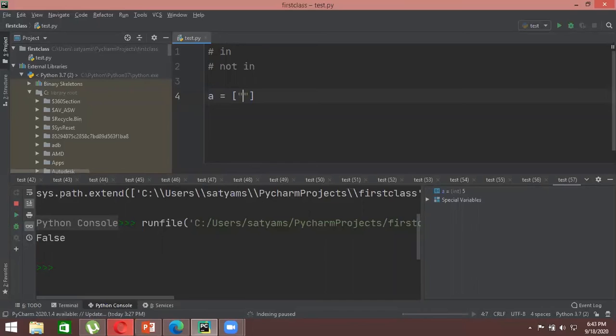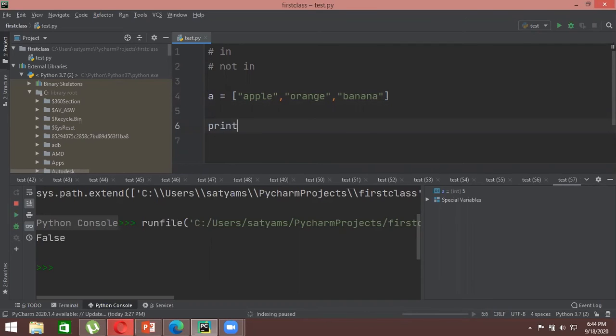Let's say we have fruits in this list, right? Let's say apple and orange. Let's take another one, say banana, right? So we have created a list which consists of three fruits: apple, orange, and banana. Now let's say you don't know if any of these three fruits are in this list or not. Let's say this a is a gym and these three are people, and you want to know whether these people are members of this particular gym or not. How would you find it?